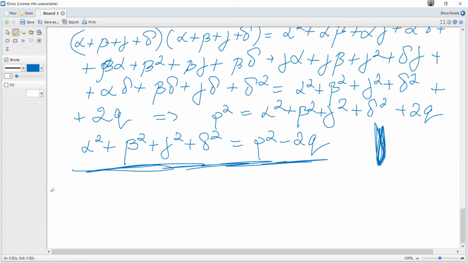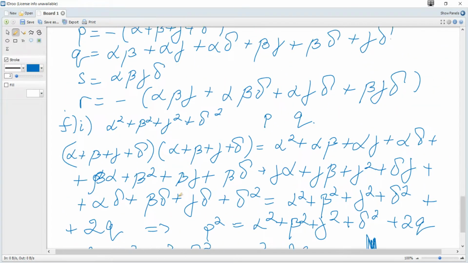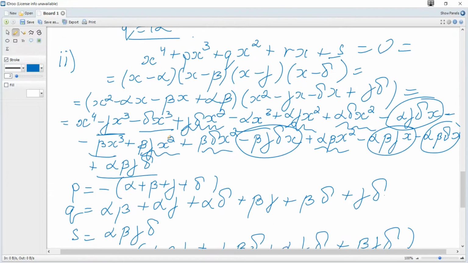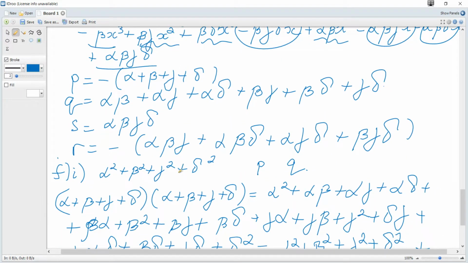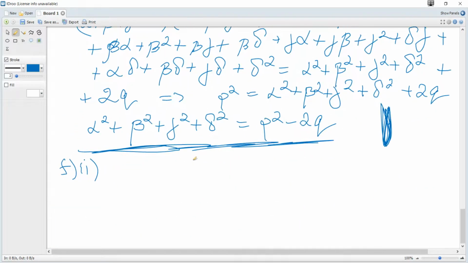FII. Hence state a condition in terms of p and q that would imply this polynomial of degree 4, this equation, has at least one complex root. Hence, we can conclude that to have all real roots,